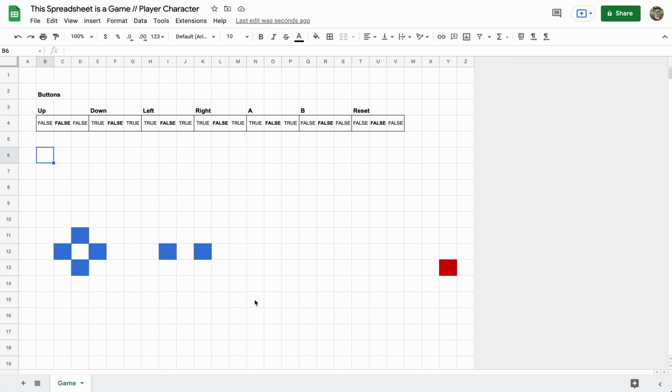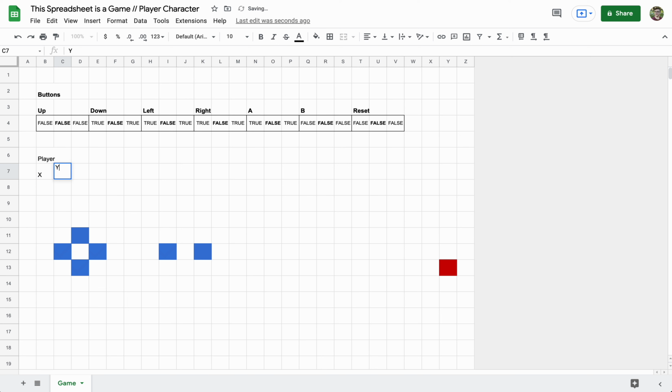Okay, now that we've got our buttons added in, we're going to add something for the player to actually control. This will be kind of our main character, like our Link or our Mario or whatever. To do that, I'll typically set aside a little place for player information. This is going to have a whole lot of things later on, but for now we're going to start with